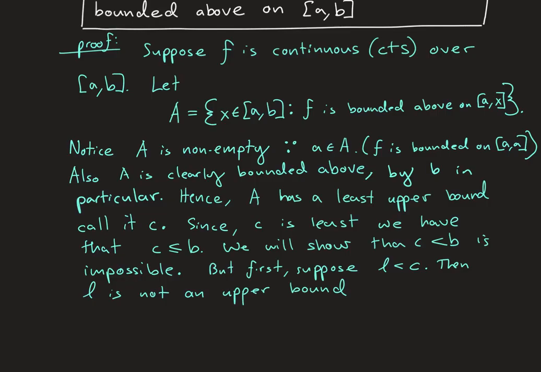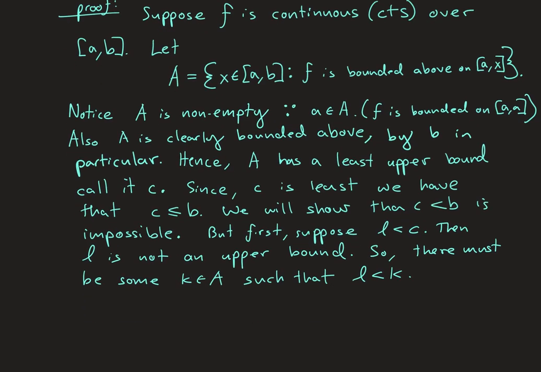Okay, so first suppose L is less than C, then L can't be an upper bound, which means there must be a member of A that is bigger than L. In other words,